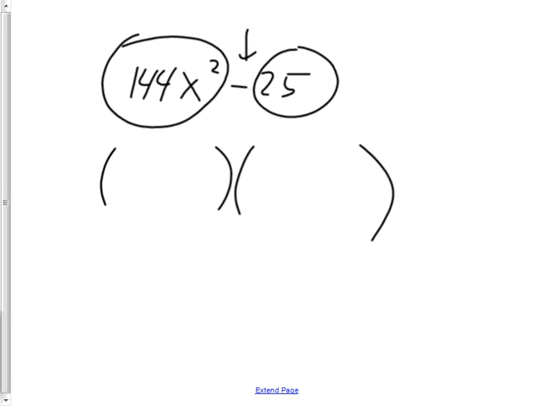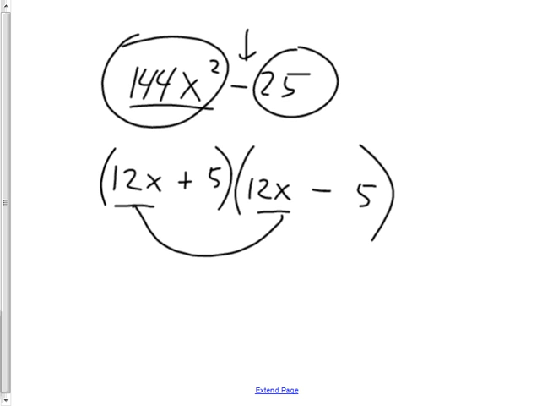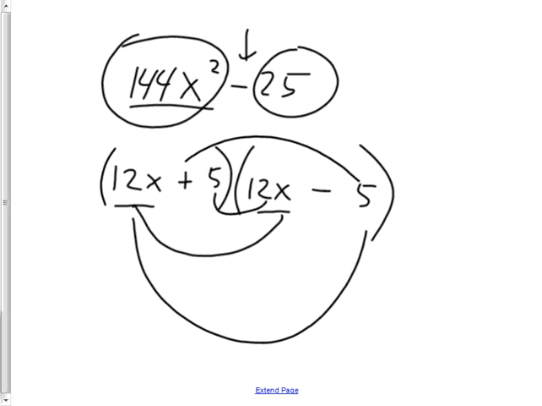So if I factor 144x squared, I'll have 12x and 12x. That's the square root of 144x squared. And the square root of 25 is 5 and 5. Now I go plus and a minus. And again, the firsts would make this. The outside and the inside will cancel each other out because they're opposites, and then the lasts would make negative 25. So it works. Now one thing to caution you on is if you have like 16x squared minus 4,